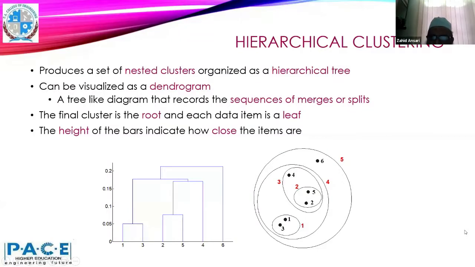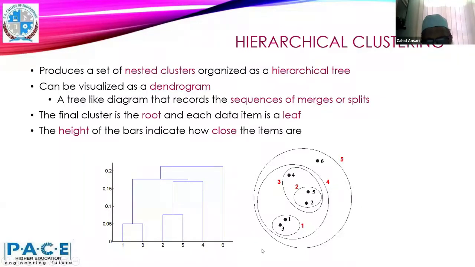Initially, all the objects are individual clusters. In hierarchical clustering, if you go in the bottom-up approach, at the bottom are all the points. Let's say we have the 6 points over here, 1, 2, 3, 4, 5, 6. All these 6 points are individual clusters. Now 1 and 3 are the most close, so we are merge them. For that a dendrogram is formed over here. See, 1 and 3 got merged over here, and the height shows their distance.